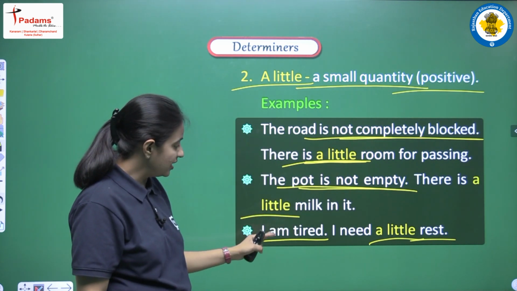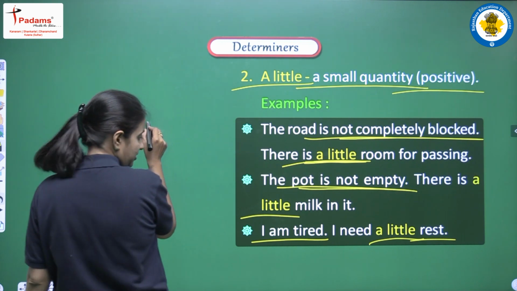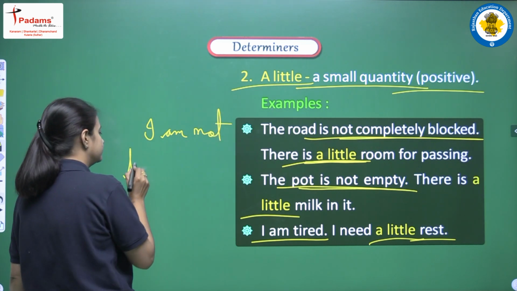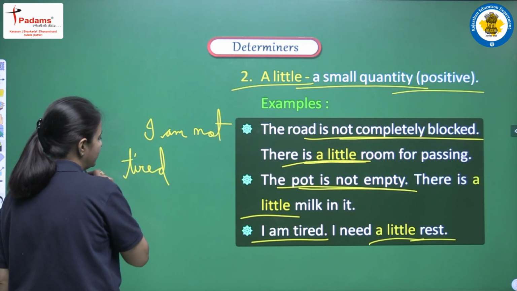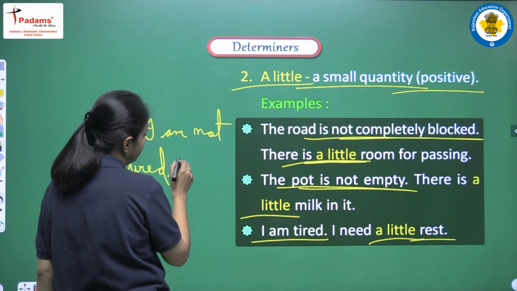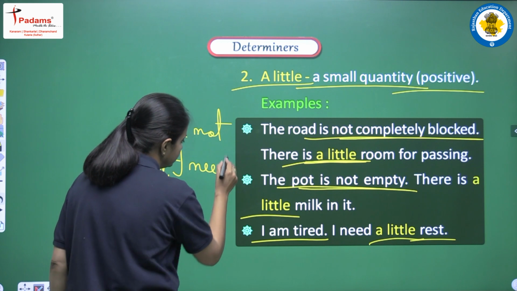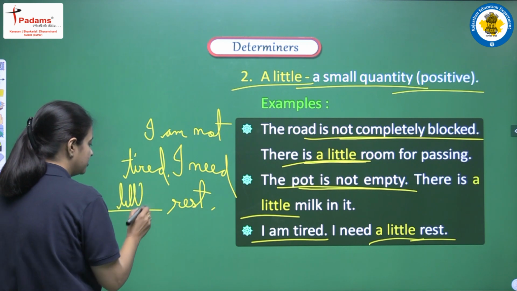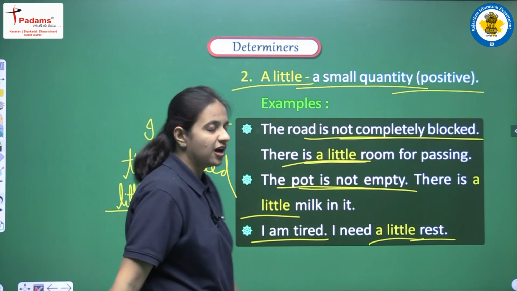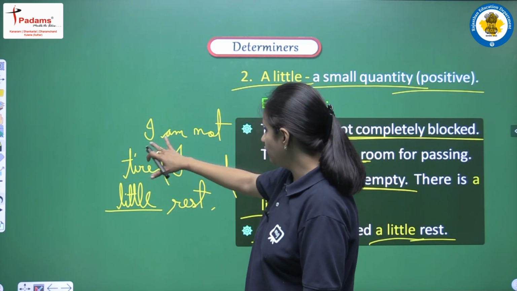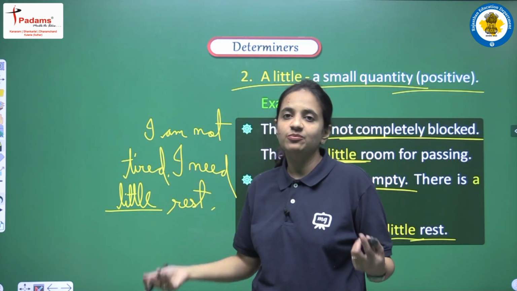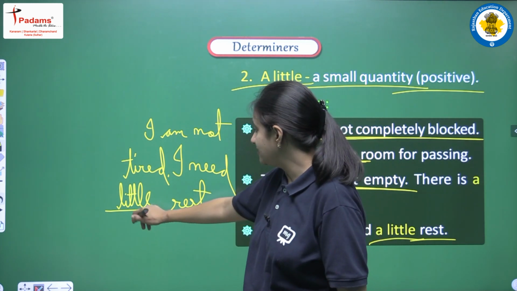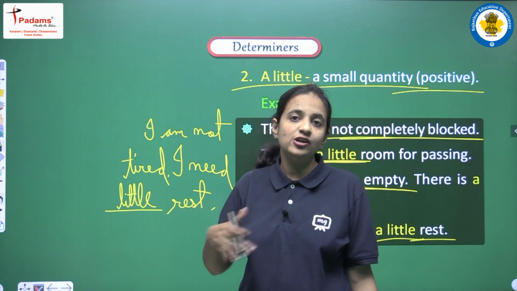And now just suppose अगर हमारे यहाँ पे सेंटेंस जो है it would be like in this manner: I am not tired. So if you are saying that I am not tired, then ahead our answer will be that I need little rest. Why little? Because now we want to show the negative meaning. We want to show that I am not tired. It means that because I am not tired, I actually need no rest. So that time our answer will be that I need little rest. It means I need no rest actually.